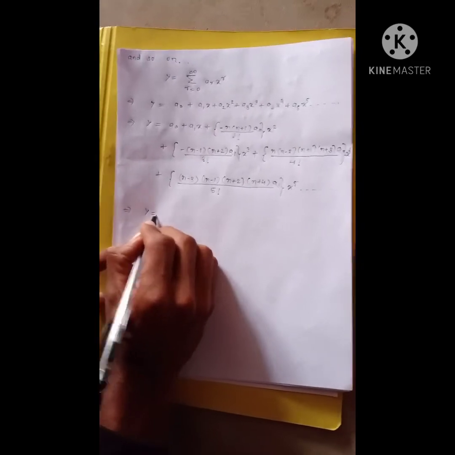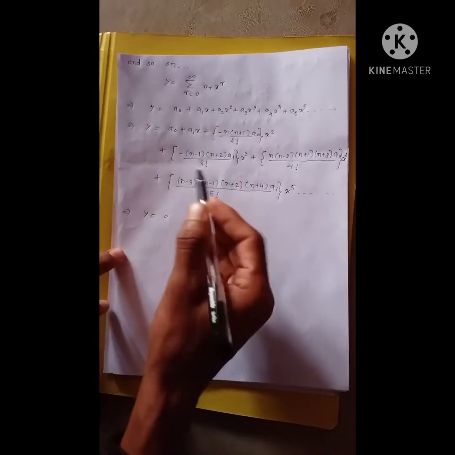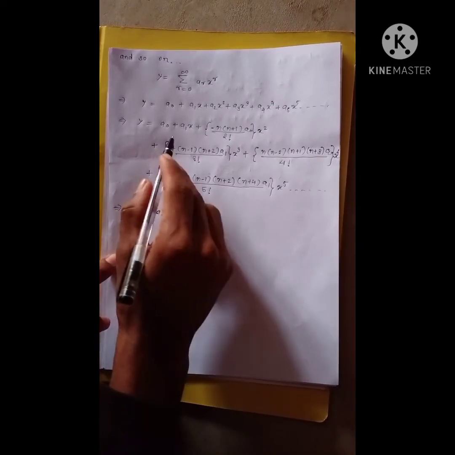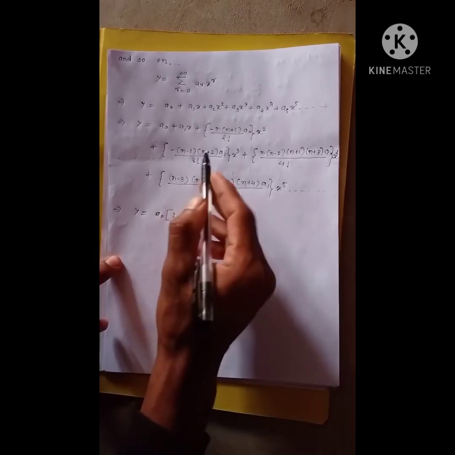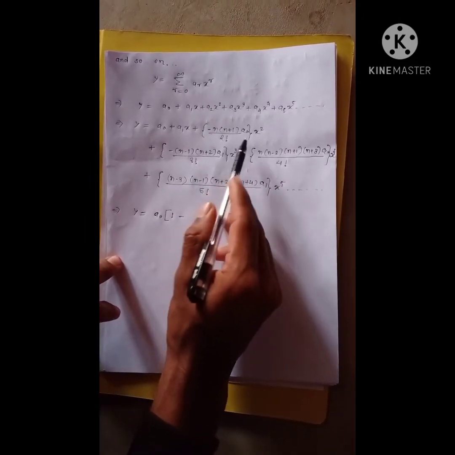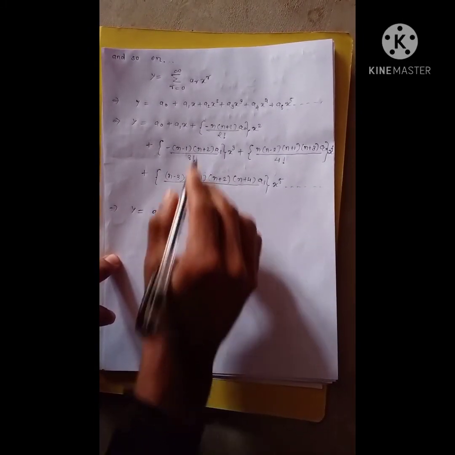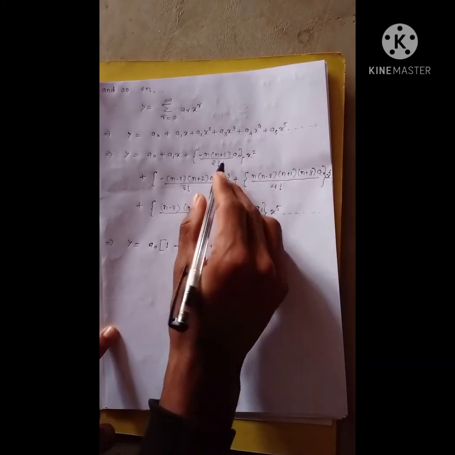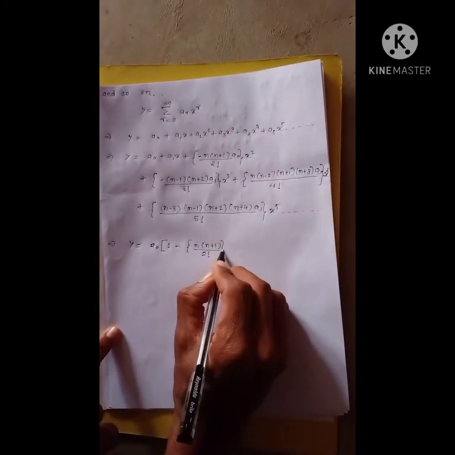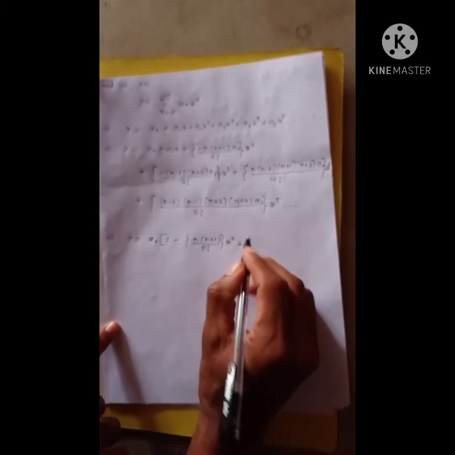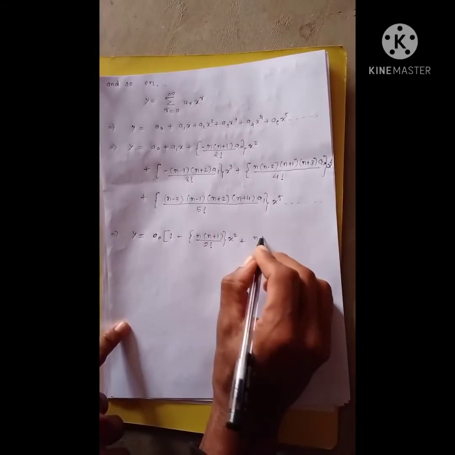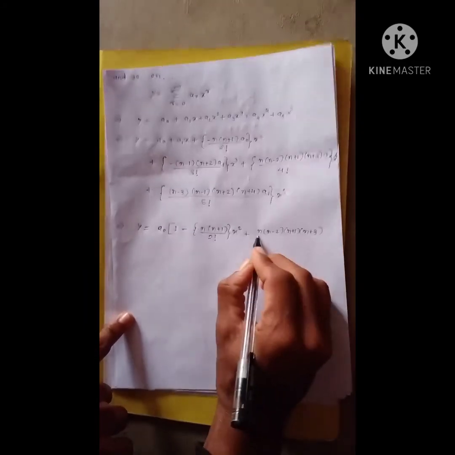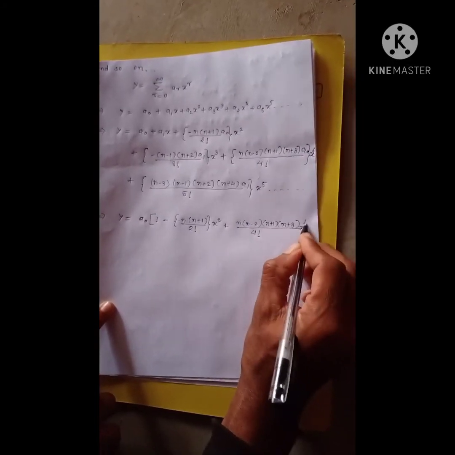Now y is equal to, we can write this equation in the form of a0 into 1 minus (1 minus n) into (n plus 1) upon 2 factorial into x to the power 2 and plus n into (n minus 2) into (n plus 1) into (n plus 3) upon 4 factorial into x to the power 4 and so on,